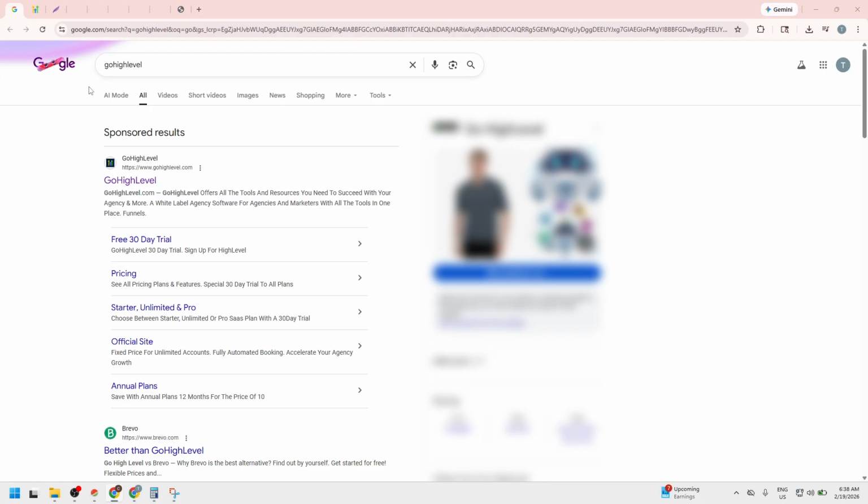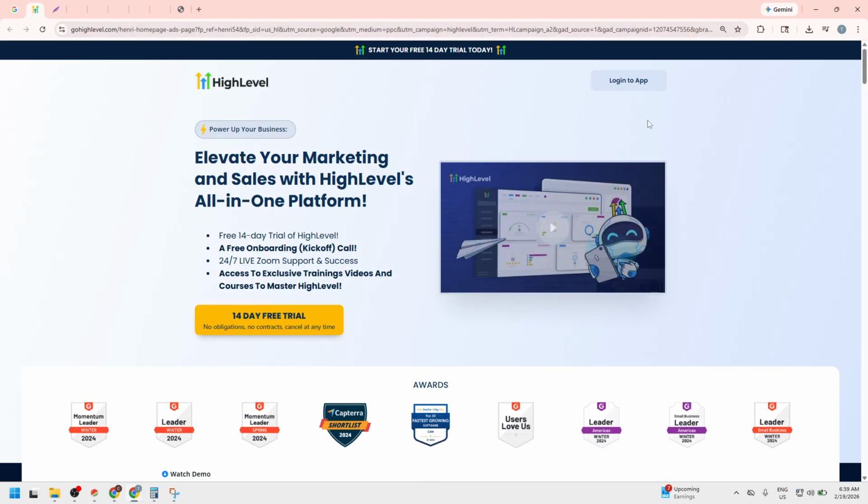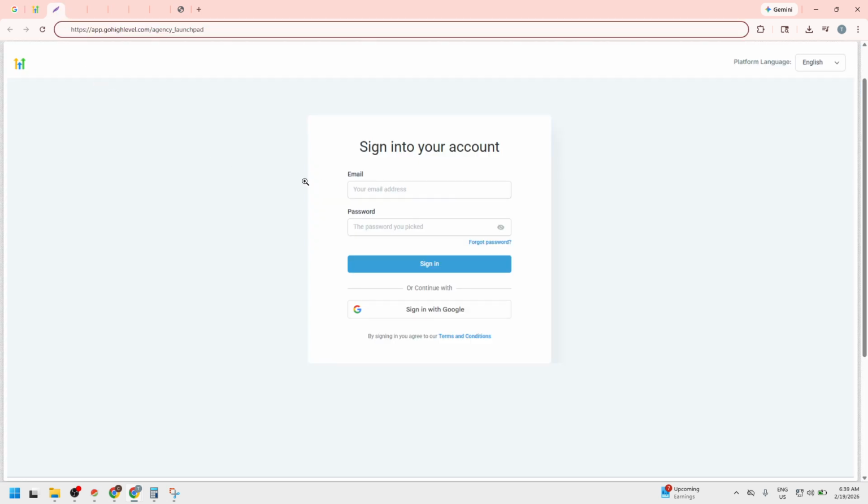Start by opening your browser and searching for Go High Level. From the results, click the official site and then choose the option to log into the app. If you see multiple links, pick the one that clearly leads to the platform's login page to avoid any lookalike pages or ads. On the login screen, enter your email and password, or use Sign In with Google if your